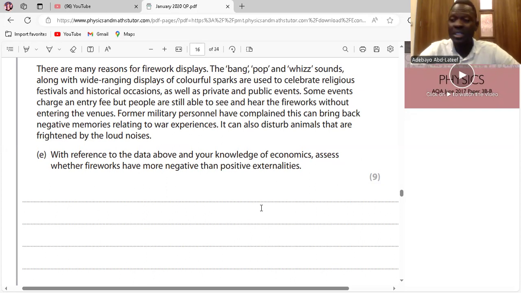So we could say fireworks is a positive externality here based on the following one. Fireworks may be considered as a positive externality